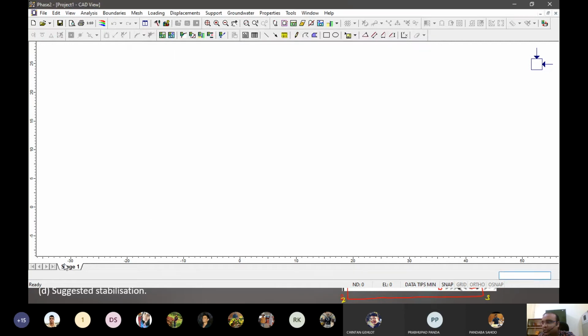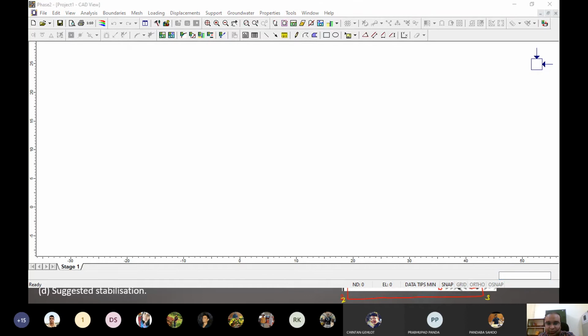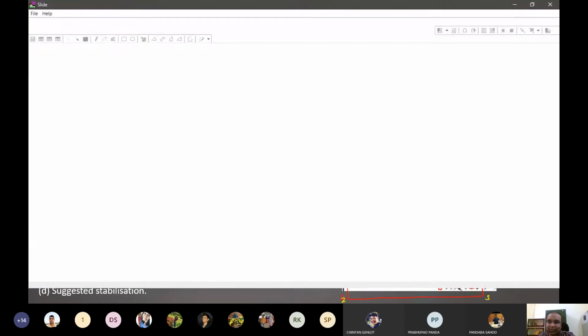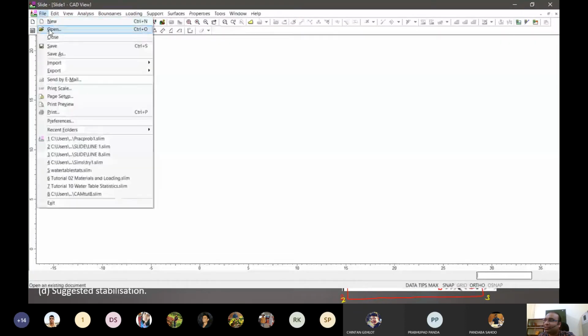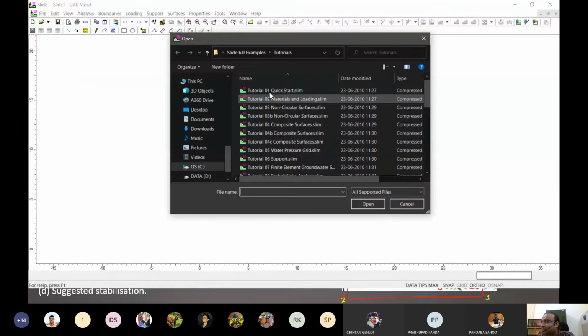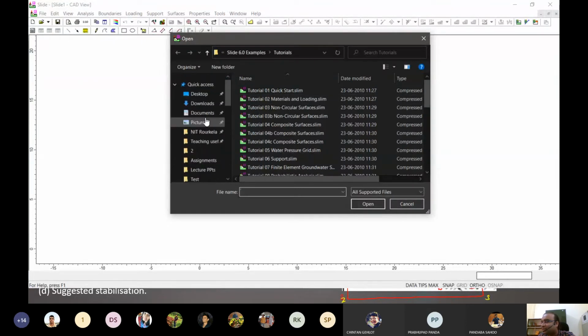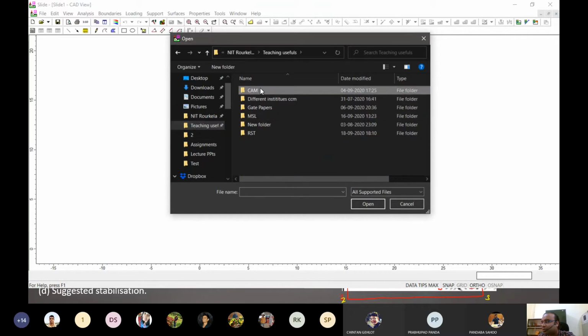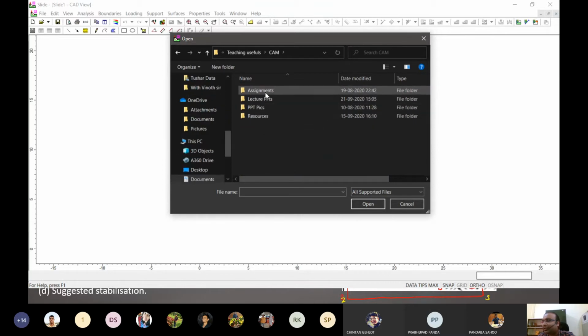Oh yes, one thing is a problem. Let me show you what the problem is. What we saved was basically a .slim. If you see, it is a SLIM. Generally, most of the slide auto saves are done in SLIM. Let me open that one to show what's the difference and why it can't be directly imported for us.